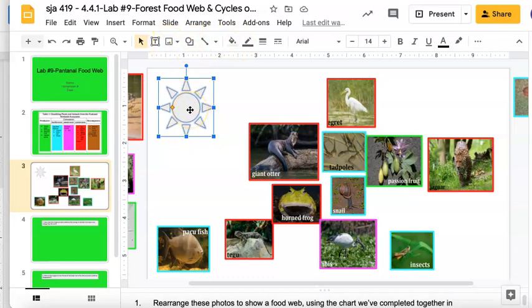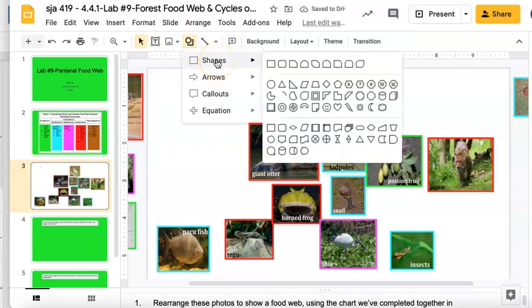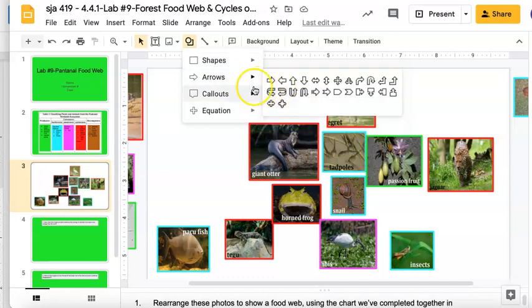Now I could do that and have all of the arrows going downwards, but I actually like looking at things going from the bottom up. So I'm not going to use the sun. I'm going to make a half moon shape. Let's see if we have a half moon. I have this kind of half moon, but it's a block arrow. That's not really what I would like. I could just make